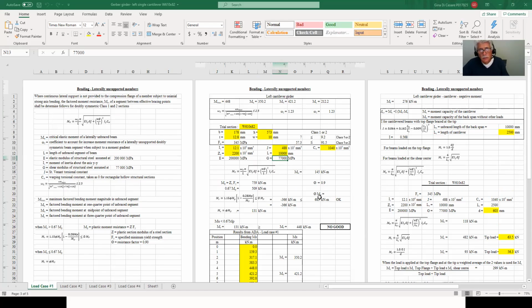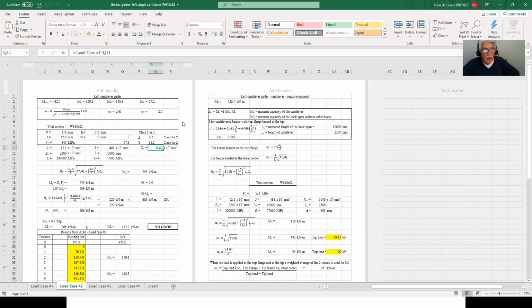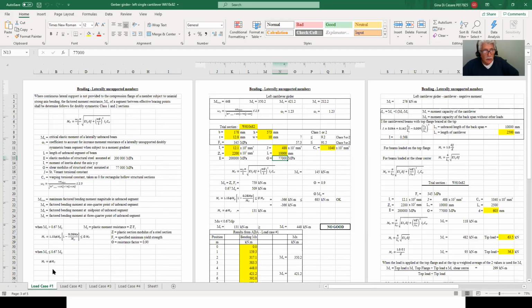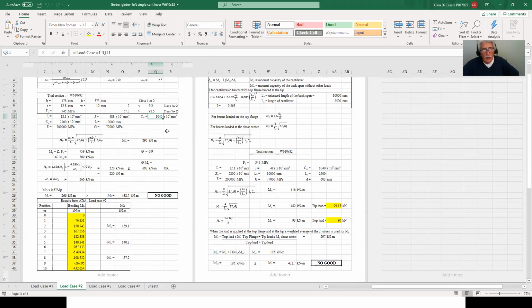So therefore, if I want to use a W610 by 82, and these are all the section properties of a W610 by 82, then what I've done in the spreadsheet is that for trial number 2, if you notice here, I don't have any more yellow. In other words, whatever I put here will get transferred to my next trial for my load number 2. The only thing I have to do here is, on ADA, I have to click on P2, pattern number 2, click on the member,